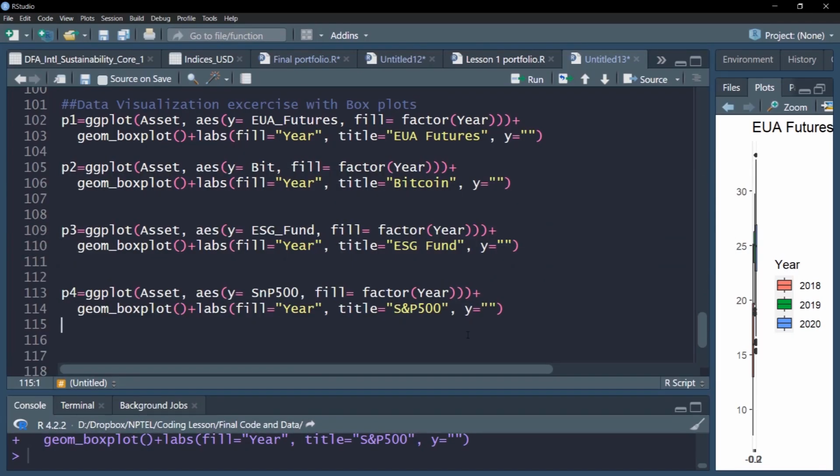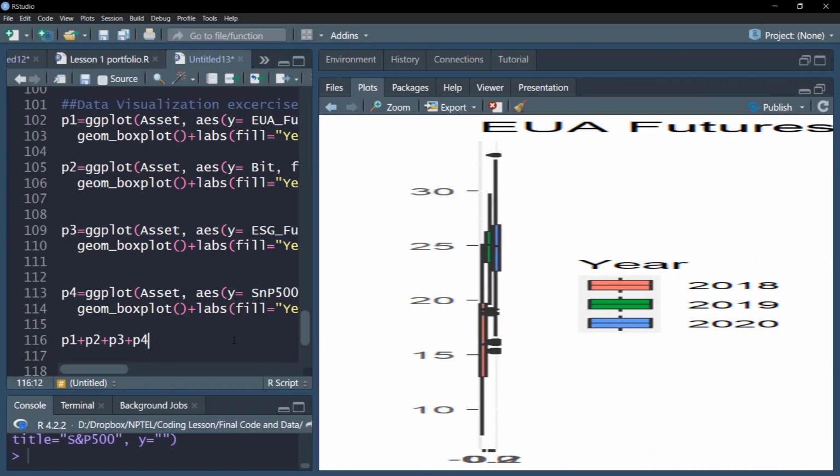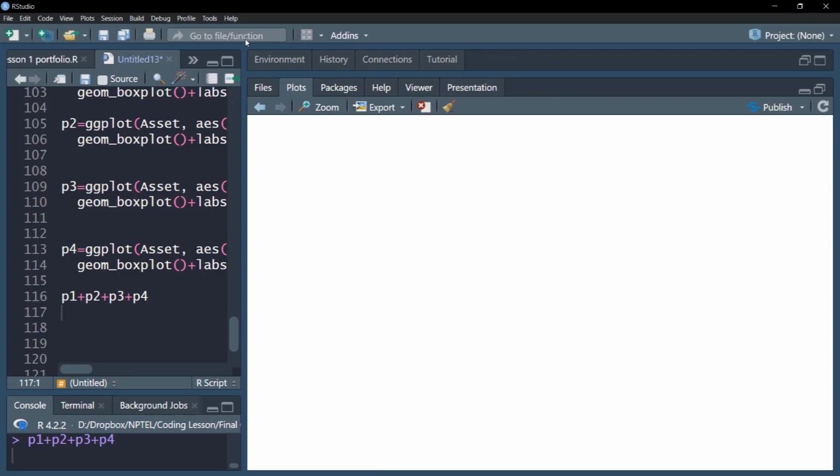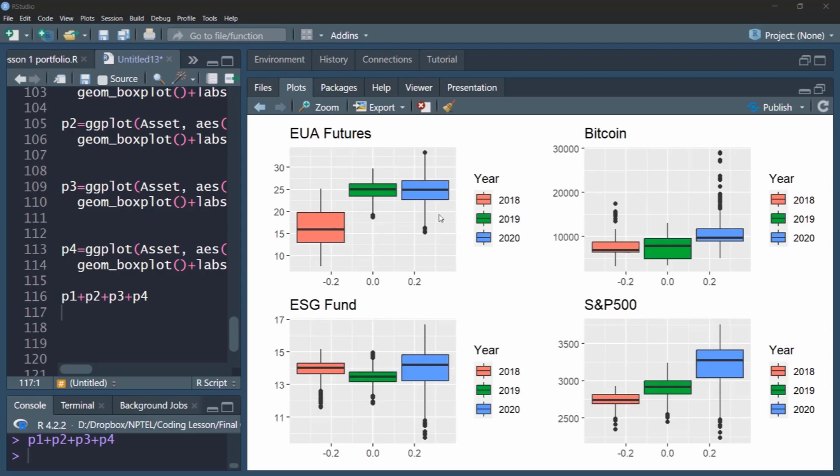So now first I'll show you the plots in the raw form before improving them aesthetically. So let's see if I run this P1 plus P2 plus P3 with the patchwork library that we have installed earlier, a very nice plot will appear here. So you can see all the plots. If you look at year 2020, generally the prices are on the higher side, which shows the gradual increase in prices.